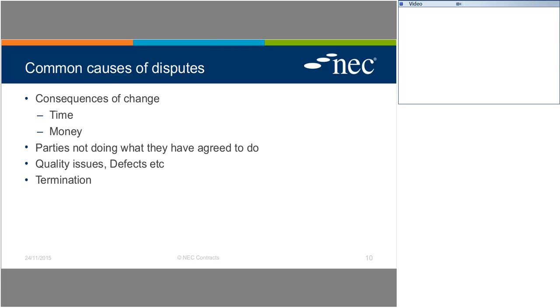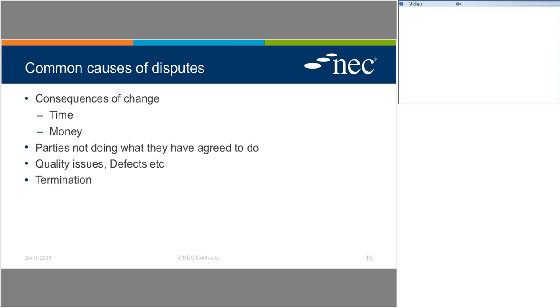Parties not doing what they have agreed to do. It is a frequent tale that adjudicators read, when they get, first of all, the referral notice, which is when the referring party says, here is my problem, here's my dispute. And you read the referral and you think, oh, this lot had a really hard time, haven't they? This is dreadful. And then 7 days later, you get the response and you say, I see what's been happening now.